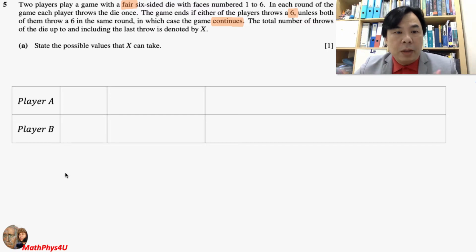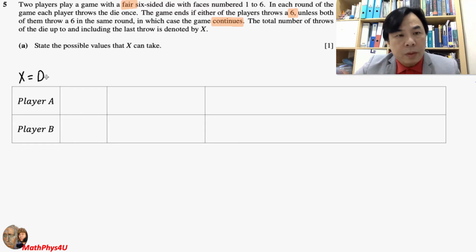I'm going to label player 1 as player A and player 2 as player B. Before we continue any further, I want to label what X actually represents. Based on the question itself, X represents